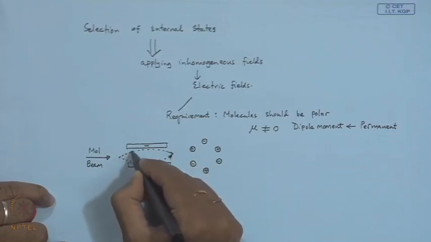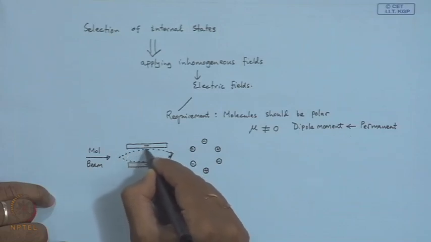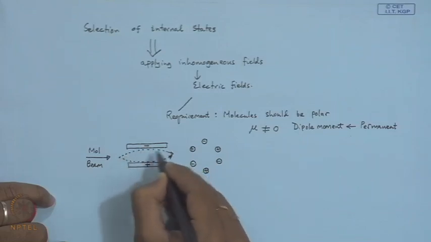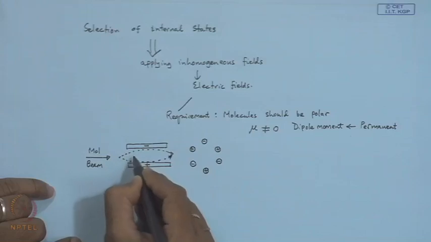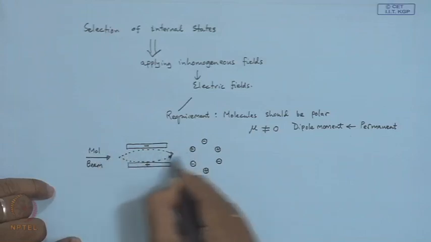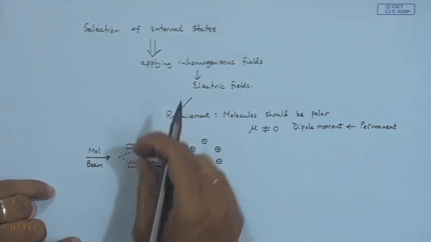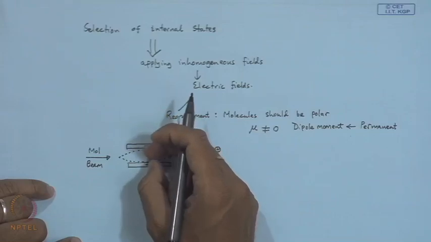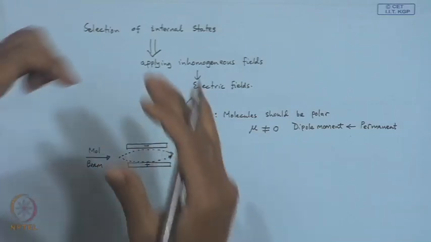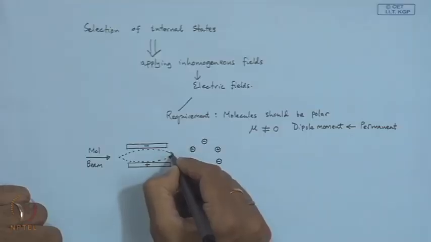These molecules will be attracted, and then again it will go this way. If the field is not there, they will pass in a linear fashion. The moment you apply the electric field, it is bulging out, so it becomes like a concave, convex kind of thing,